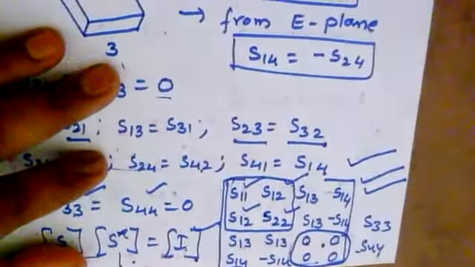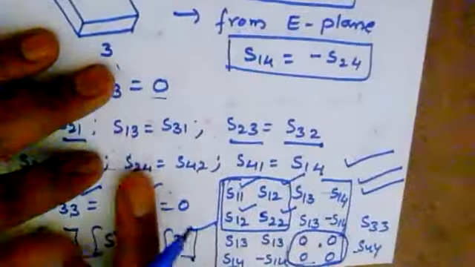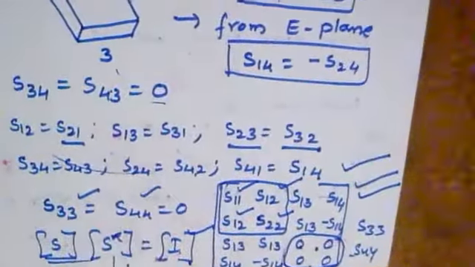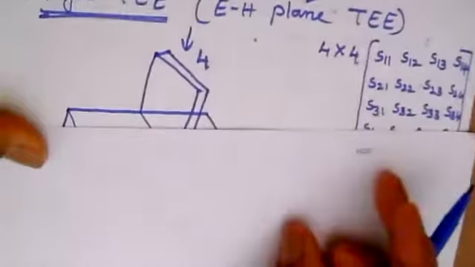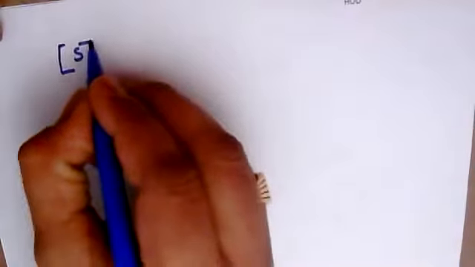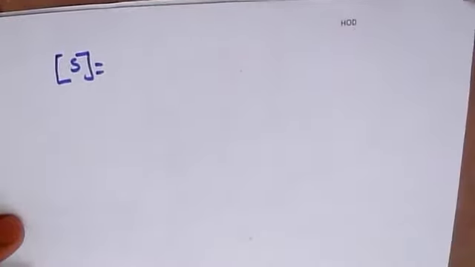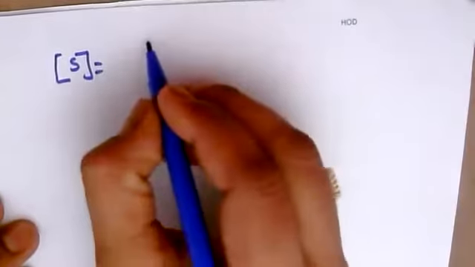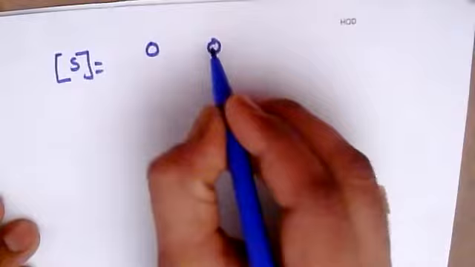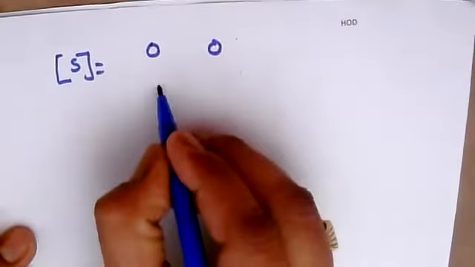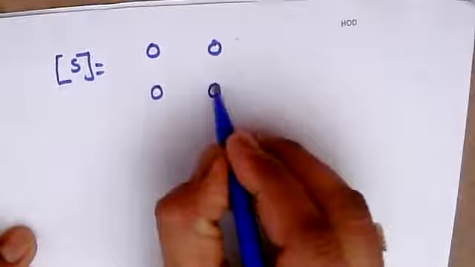So I am going to write the expression for the values which we have got. I'll be writing the final S matrix there. So substituting all these values there, we'll get the S matrix value. This S matrix can be obtained as, you can try from your side, S11 will be equal to 0 and S12 will be equal to 0 and S21 will be equal to 0 and S22 will be equal to 0.